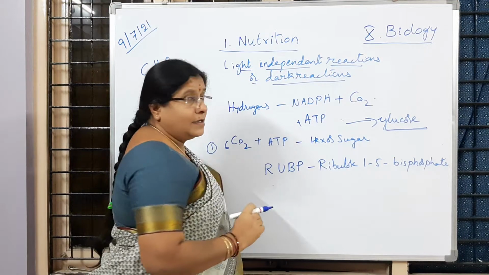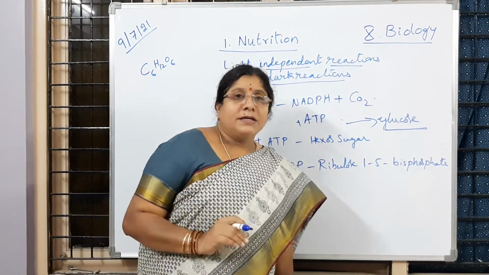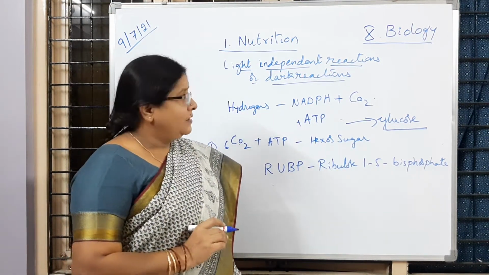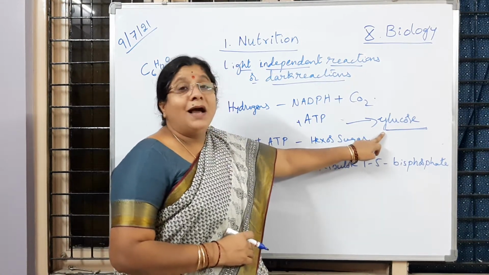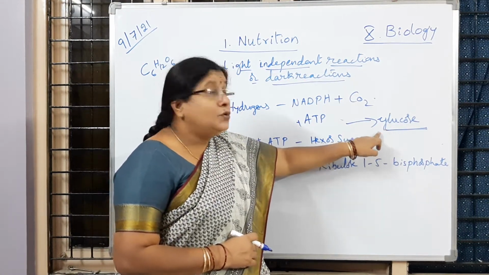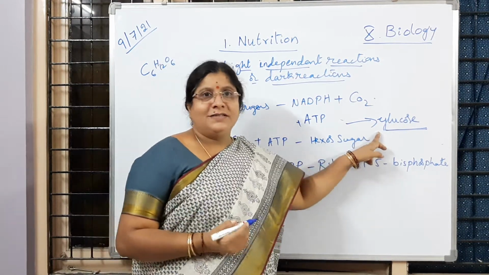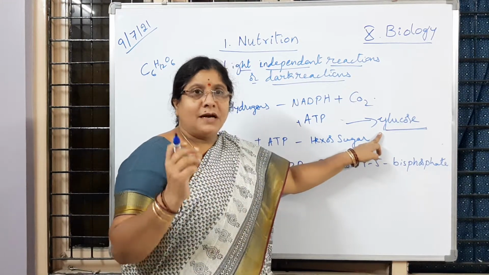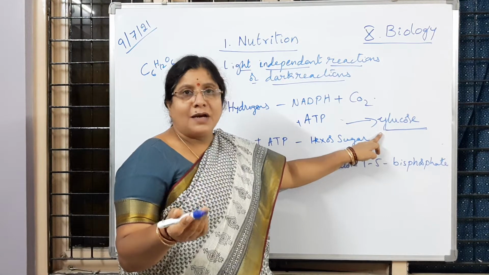Is it clear to children? So that is the reason glucose is said to be the end product of the entire process of photosynthesis. An organic molecule. Is it clear to children? A 6 carbon compound, and this glucose which is formed is highly soluble in water. Is it not? You know Glucon-D. You can take sugar crystals and mishri. That is also glucose only. That is also one kind of carbohydrate only.